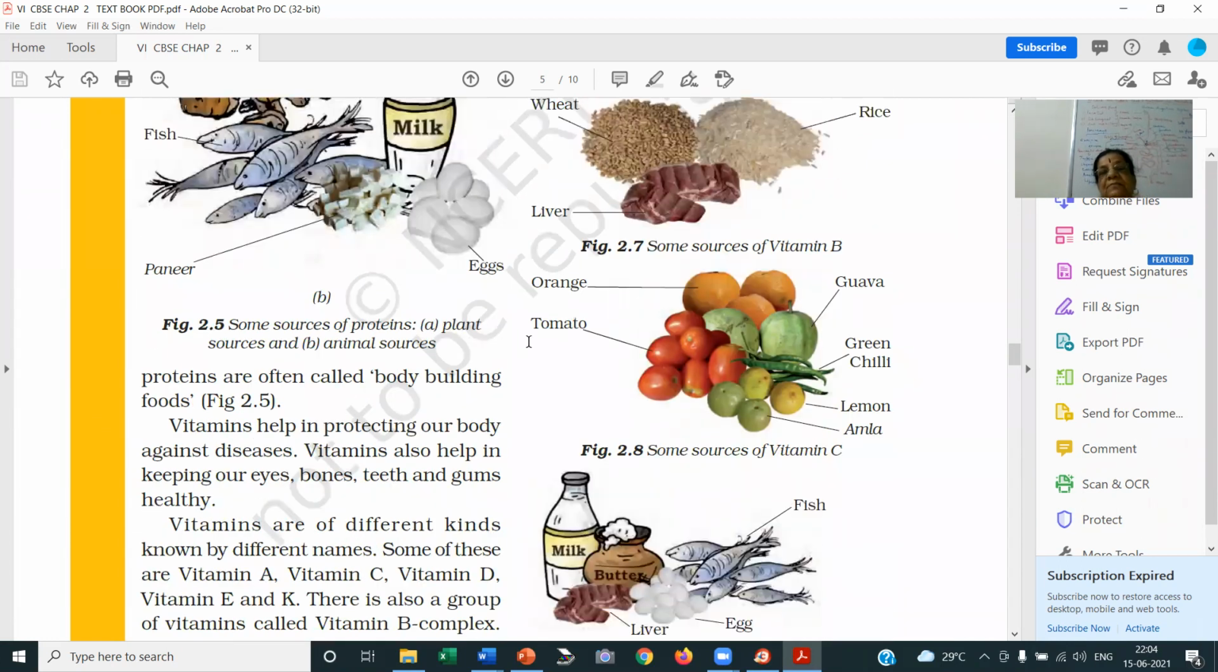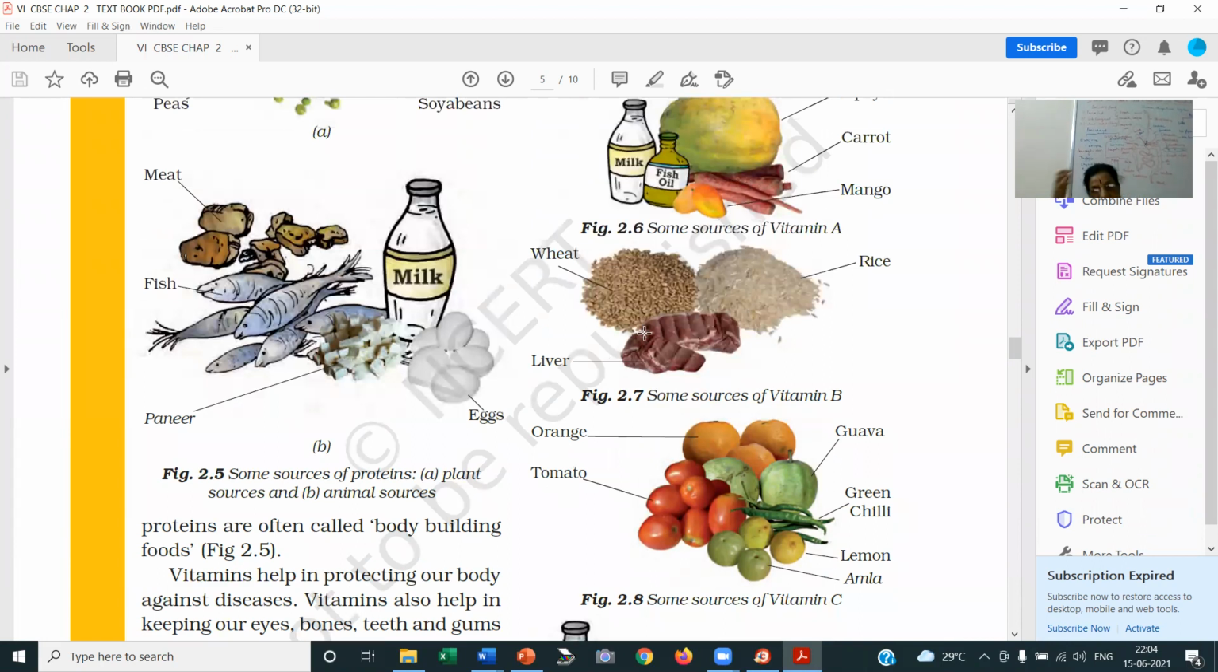Then as I said, vitamins and minerals. Vitamins are required in very minute quantities, and it is Dr. Funk who introduced the term vitamin. I hope you remember. And as we have discussed in the assignment in this video,